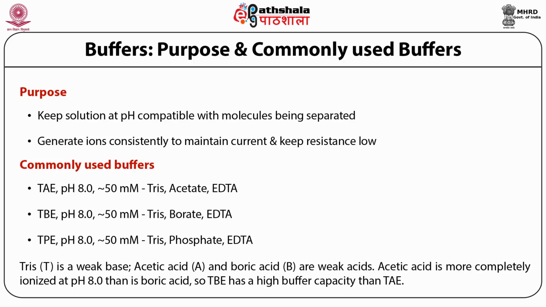Talking about the formal charge, buffers generating ions with high charge should be avoided as it can increase the current and deplete the ions in the buffer very quickly. Tris base and borate are preferred buffer species as they are uncharged for part of the time at the desired pH and thus have reduced electrophoretic mobility.